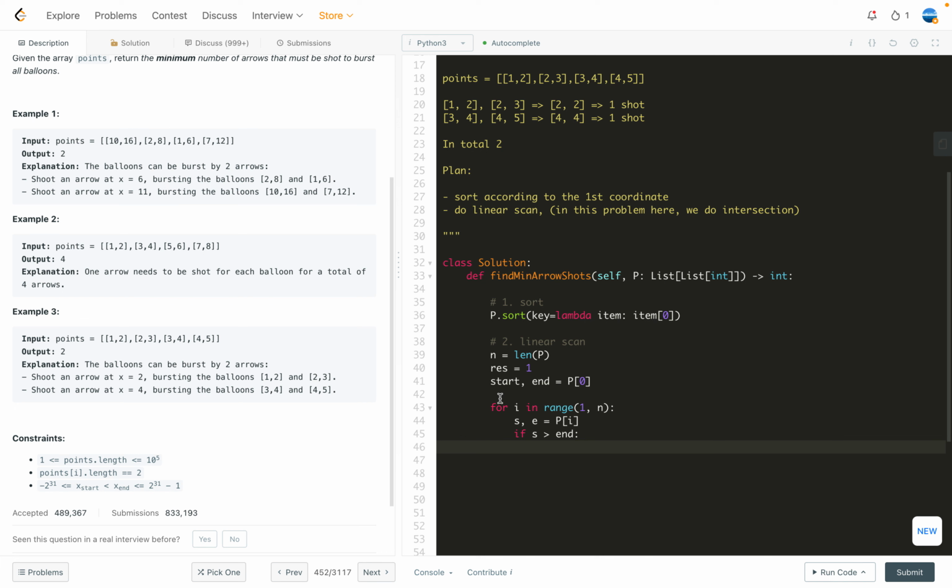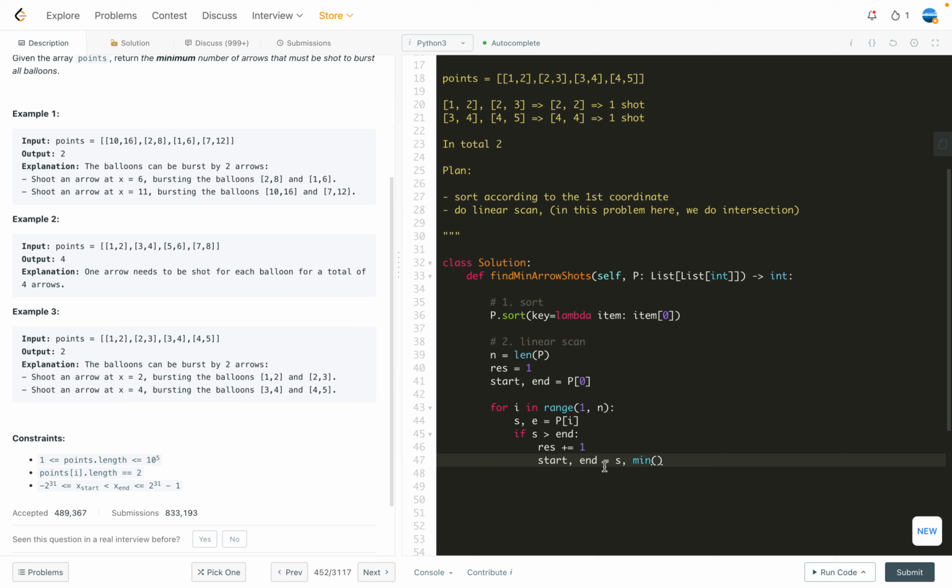It means that this start and end should have at least a balloon. So we are going to increment the result by 1. And then we are going to reset the start and end. So start will be the current start, right? Because we have sorted by start, so start will always be larger. So end will be